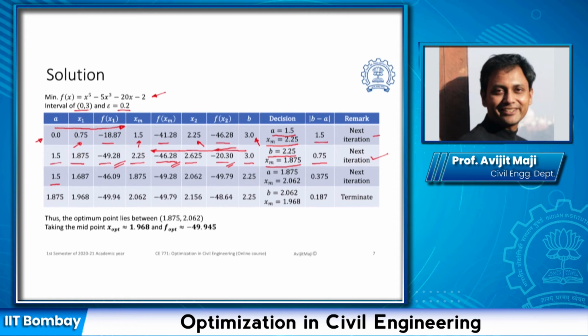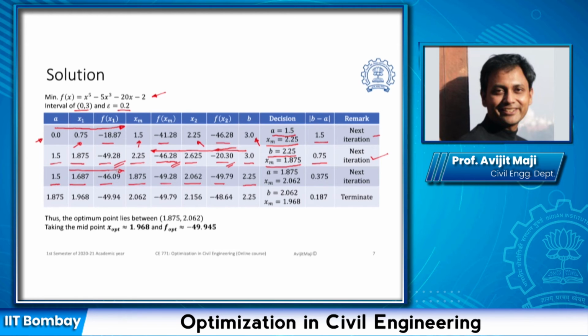In the next iteration my revised boundary is 1.5 and 2.25. Within this, the middle point is 1.875, the first quarter point is 1.687, second is 2.062, and the function values are indicated here. Again, if we compare the function values at this level, we can clearly see that the objective function values are reducing as we go from x1 towards x2. Hence, we can logically eliminate up to the point xm,